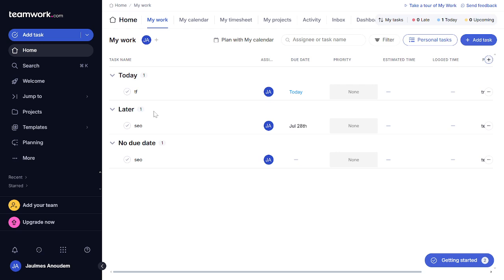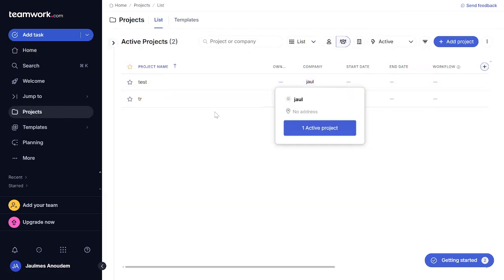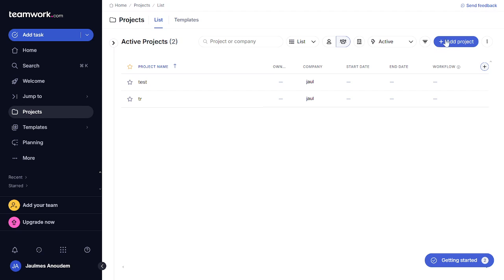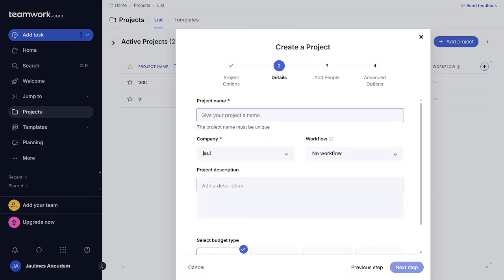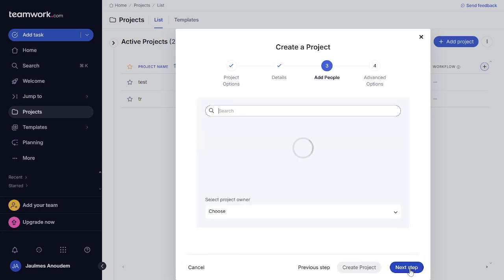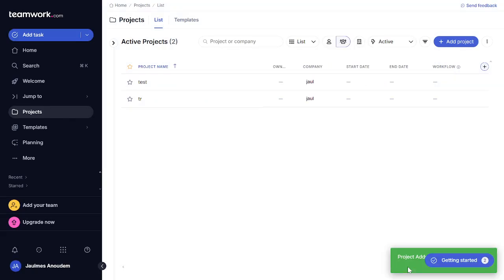platform's features. Once you're logged in, navigate to the Projects tab at the top of your screen. This is where you can create a new project or select an existing one. For today, let's create a new project as it's necessary for scheduling a webinar. Click on the Add Project button, fill in the details, and there you go. The reason we do this is because Teamwork.com organizes your webinars as projects to help you keep track of everything